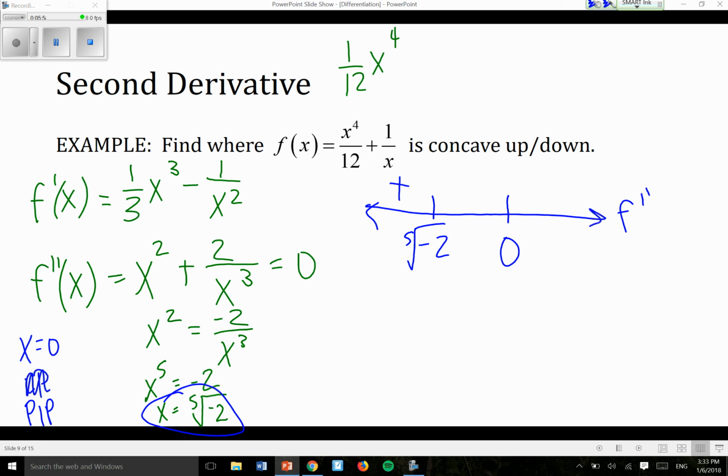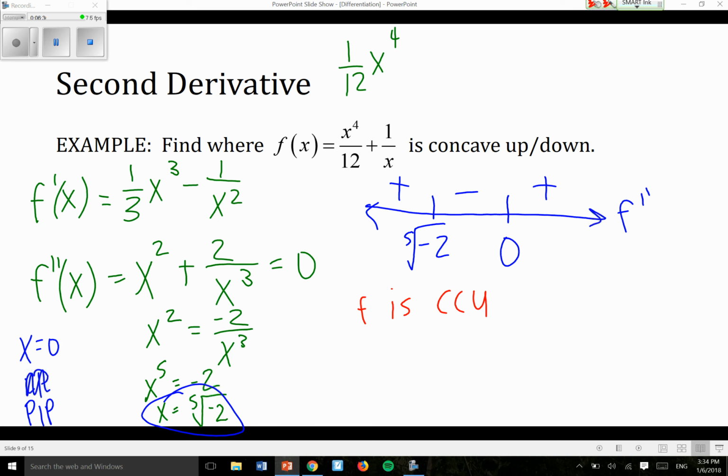I also know that the fifth root of -2 has got to be bigger than -1. So I can plug -1 in. And if I do, I get 1 plus 2 over -1, or 1 minus 2, and I get a negative value there. And then if I plug in positive 10, I get 100 plus 2 over 1,000, which is positive. And so I can say that my function f